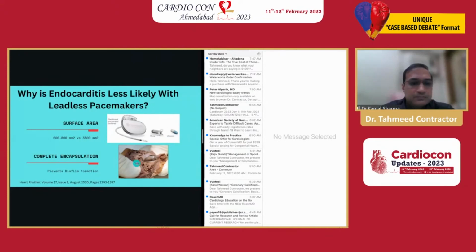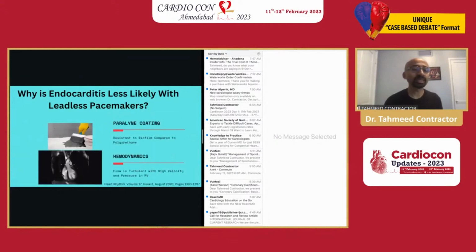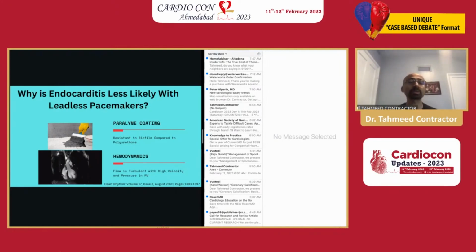Okay, thanks. Because it gets encapsulated by tissue, the chance of forming a biofilm decreases a lot. These leadless pacemakers also have a parylene coating that prevents biofilm formation. This coating is not there on the traditional transvenous pacemakers, and also it is implanted, at least as of now, in this turbulent right ventricle, where there's so much flow that the chance of forming an actual vegetation is